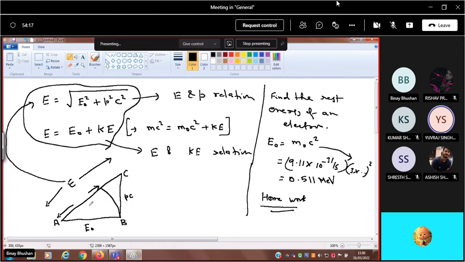एक आर्क ड्रॉ किए तो ये कितने के बराबर होगा? E0। E0, गुड, AB के बराबर। ये E0 है और इसको ले लिए काइनेटिक एनर्जी। तो अब ये पूरा हाइपोटेन्यूज कितने के बराबर हो गया? E0 प्लस काइनेटिक एनर्जी, दैट इज E। तो दोनों तरफ से मेरे पास आ गया, राइट? हमें दोनों फॉर्मूला यहां से मिल गए।